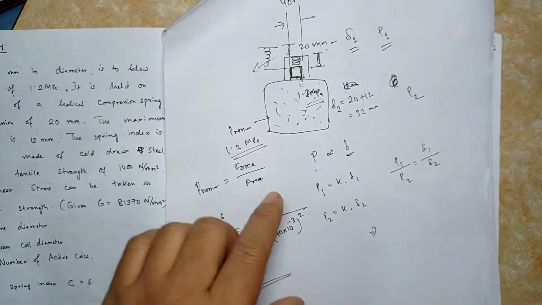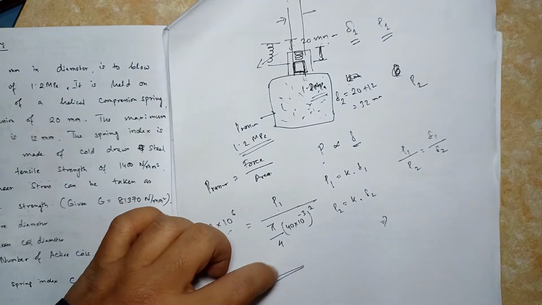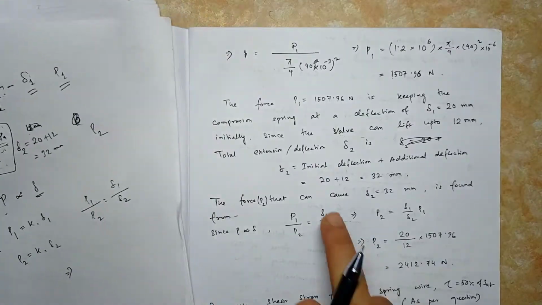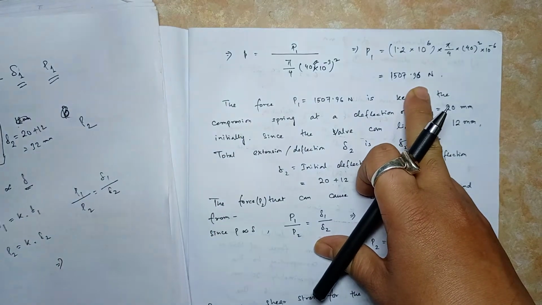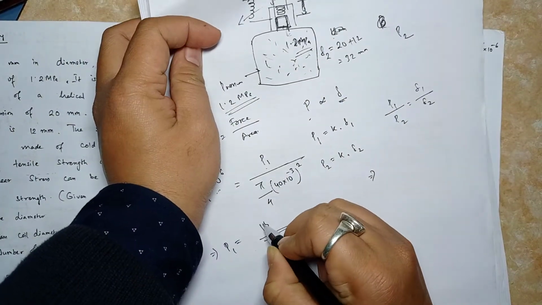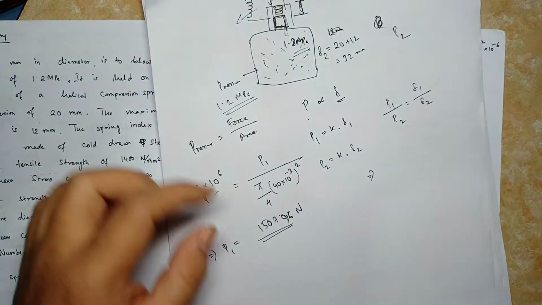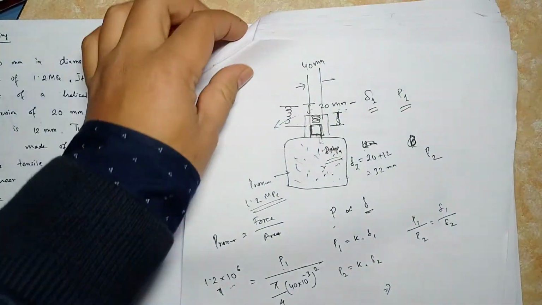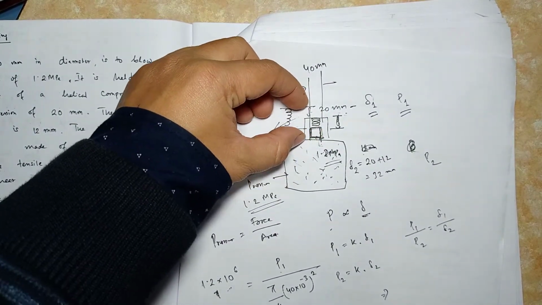Okay, so pressure 1.2 megapascal, area is this. So what is the force? This is the force P1 we have found. So actually in the problem also we have found the P1 here, that is 1507.96 Newton. Okay, now this force is already present because some pressure is there, and the spring has